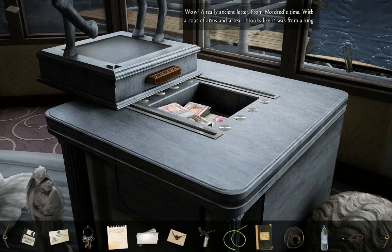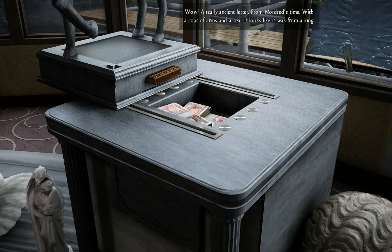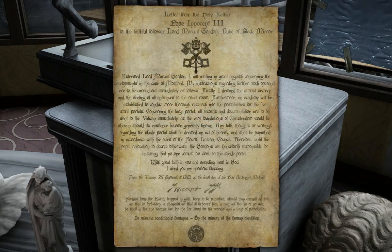Wow, a really ancient letter from Mordred's time, with a coat of arms and a seal. Looks like it was from a king. The letter is from a scribe of Pope Innocent III. It contains instructions for further procedure in terms of the incident with Mordred. Letter from the Holy Father Pope Innocent III to the faithful follower Lord Marcus Gordon, Duke of Blackmere. Esteemed Lord Marcus Gordon,